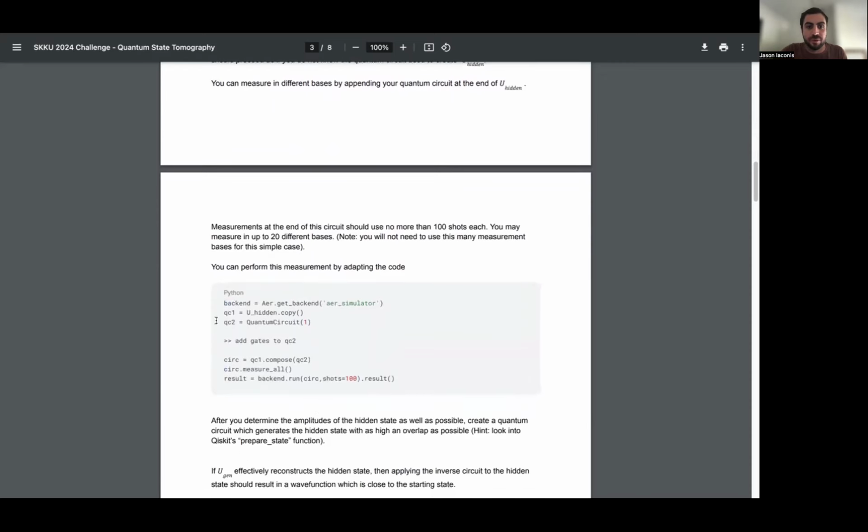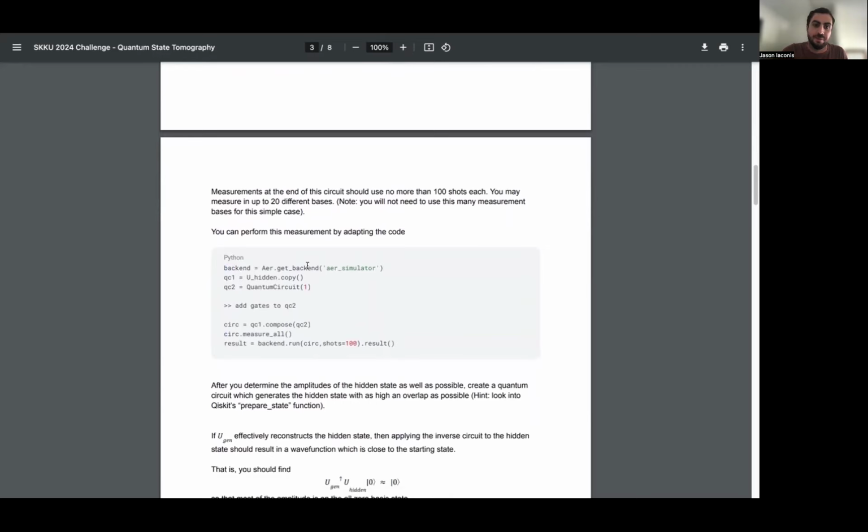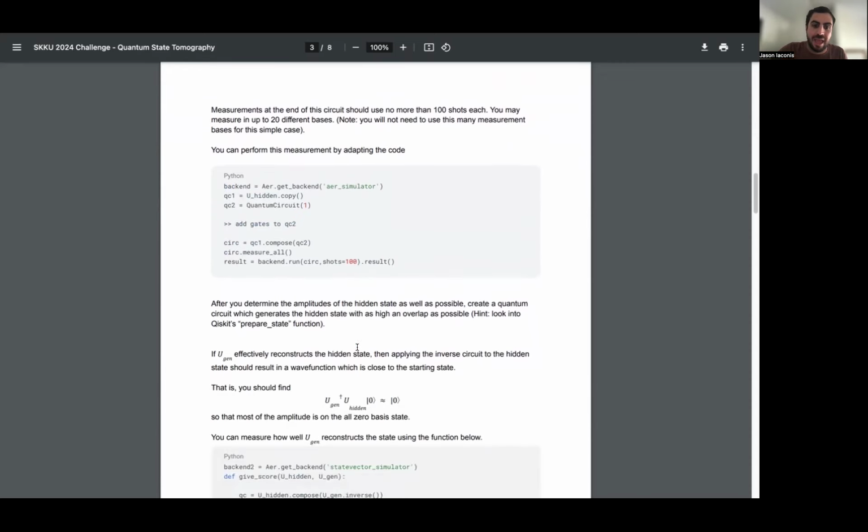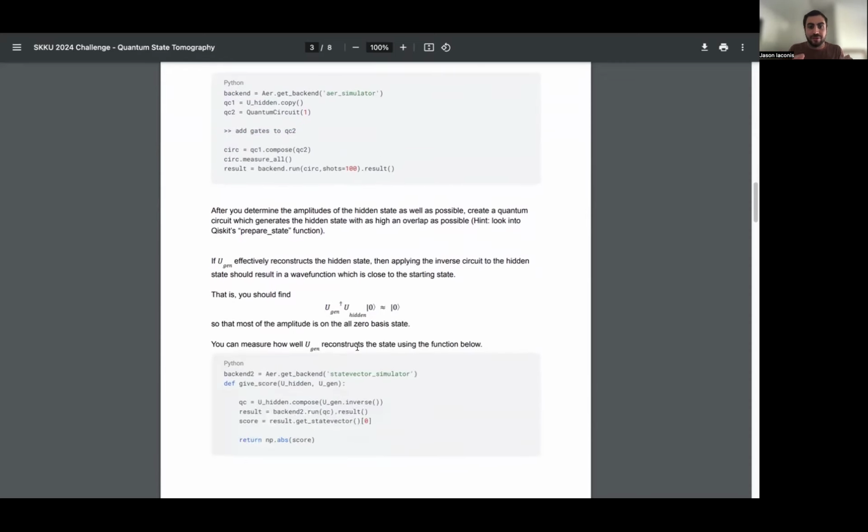So I gave you again a little code snippet for how to do this. But basically, you have your circuit that created the state. You're going to append some number of gates at the end of that circuit, which you're going to add here, figuring out what those gates are. Find the full circuit composed of these two components, and then measure with 100 shots. And you could do that multiple times to figure out what these coefficients are. And then to find your final score here,